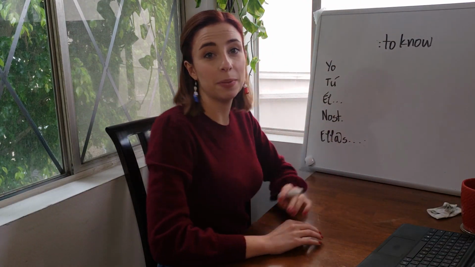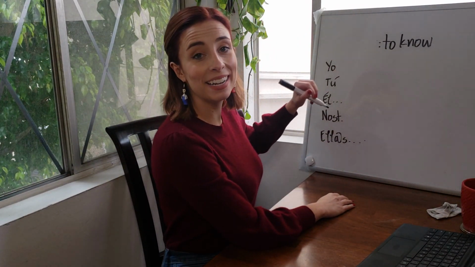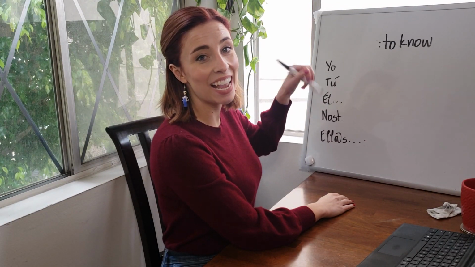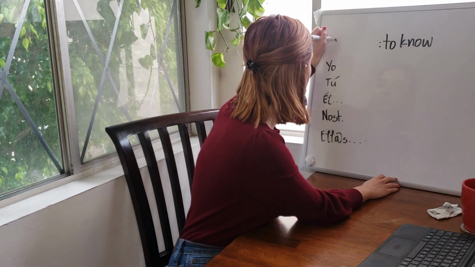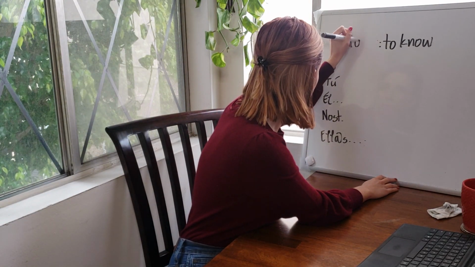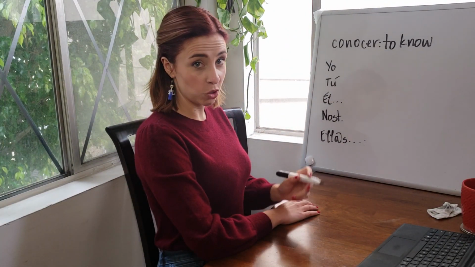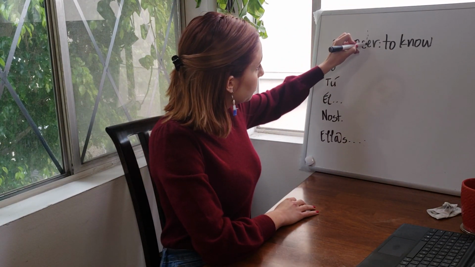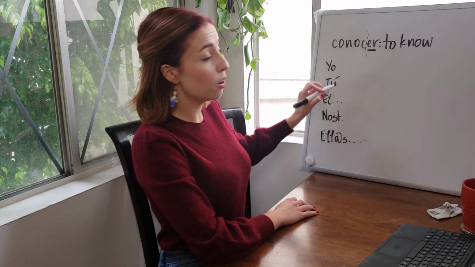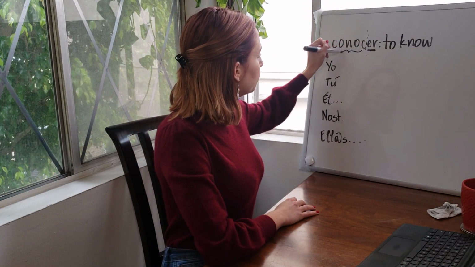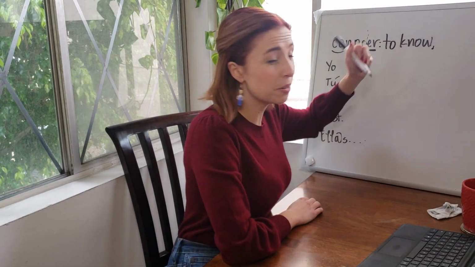The other verb in Spanish that means to know is conocer, spelled C-O-N-O-C-E-R. Let's divide it again. So we know this is an ER verb because we can see that those last two letters are ER, meaning our stem is conoc. It also means to know. It can mean to meet.